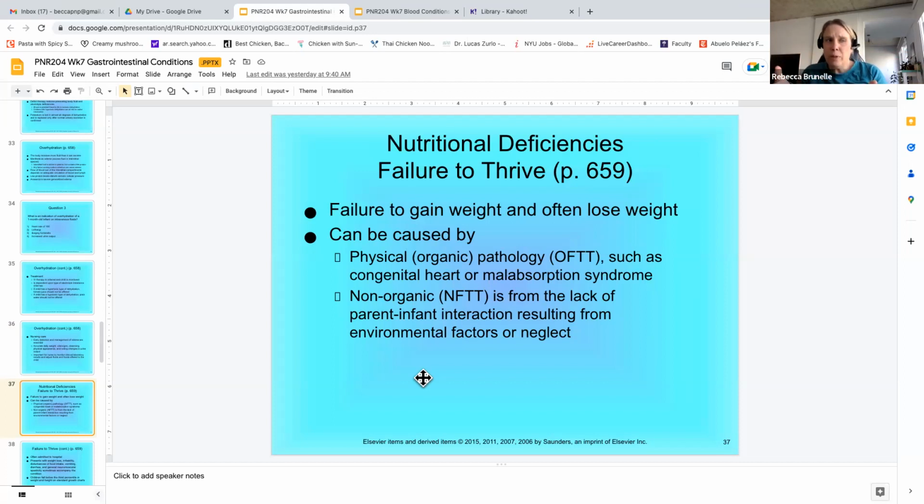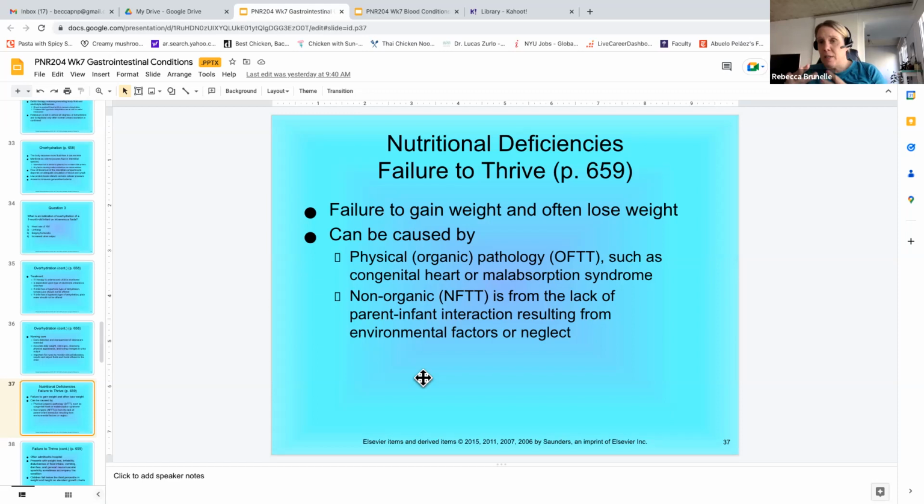Something that you probably deal with as a nurse if you're working in pediatrics is failure to thrive. Failure to thrive just generally means not gaining weight appropriately. And there's two general causes. Physiologic, like they have celiac disease or something where they're not able to absorb their nutrients, or non-organic, which is probably related to parenting, like the parents aren't giving them enough to eat, or they're mixing the formula incorrectly, or there's something in their environment, neglect, that's causing them to not gain weight normally.